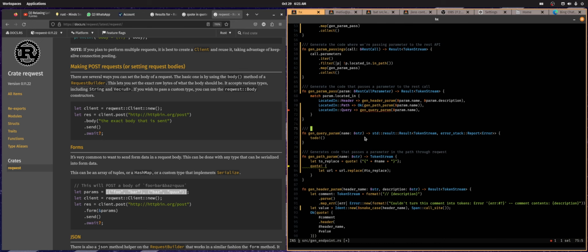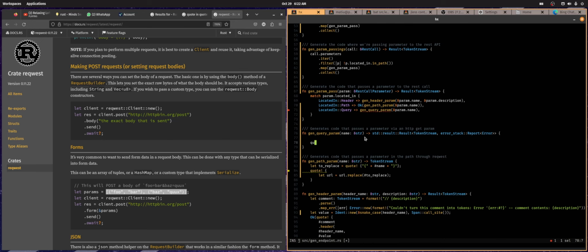Create. I'm probably using the word generate way too much. Generates code that passes a parameter via an HTTP param. So let's just type what it's going to look like. It's going to be something like